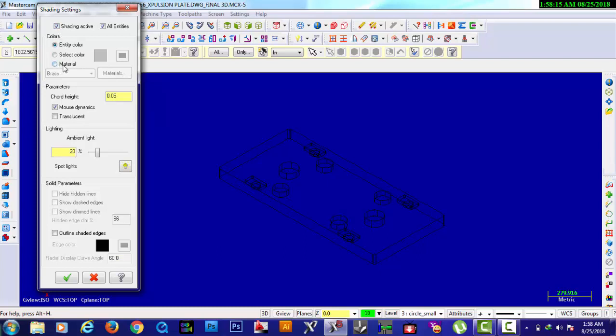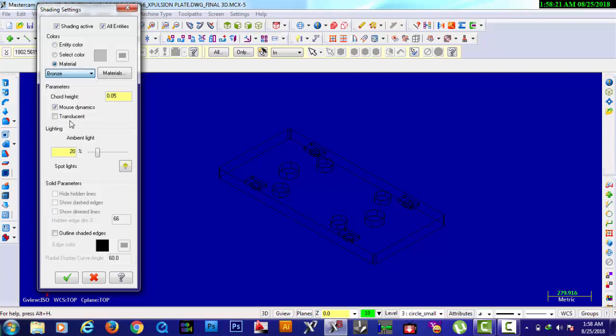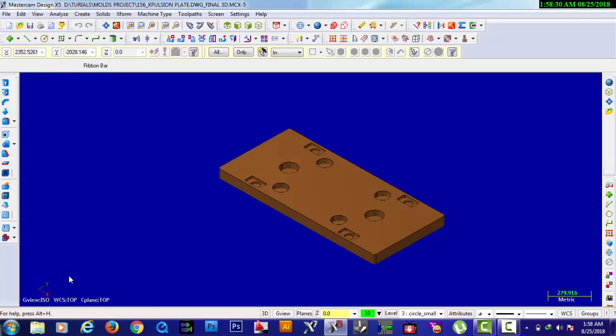I want to apply a material, so I choose bronze. Okay. So then I choose okay.